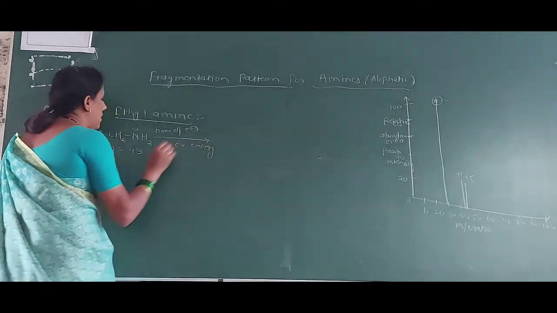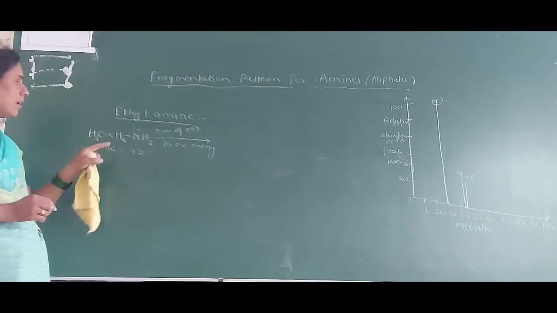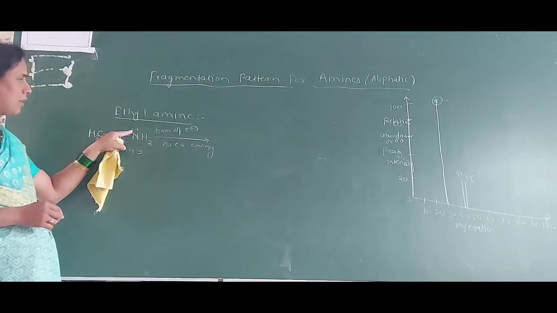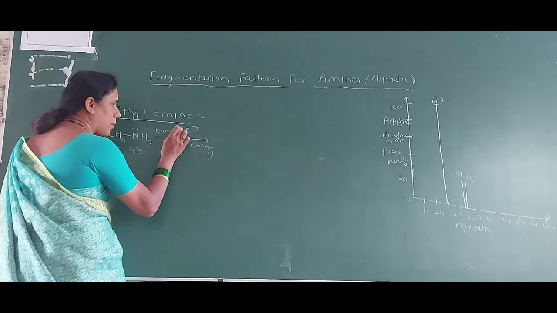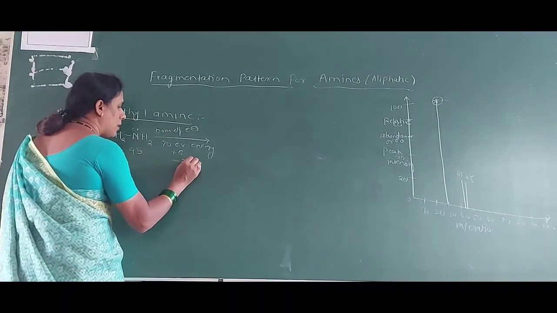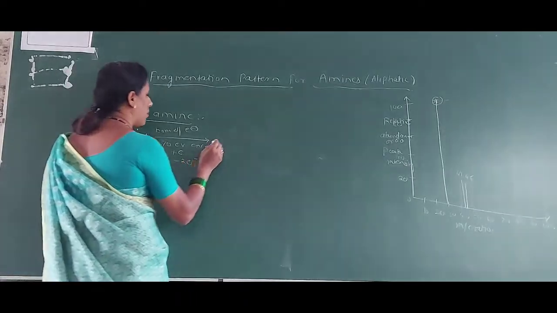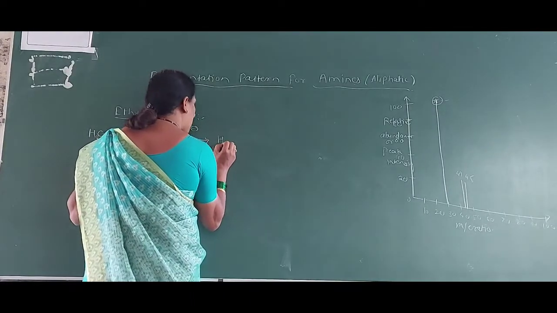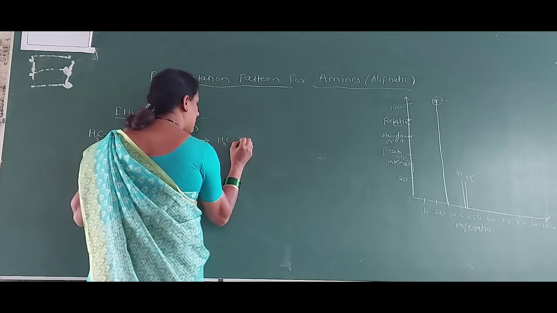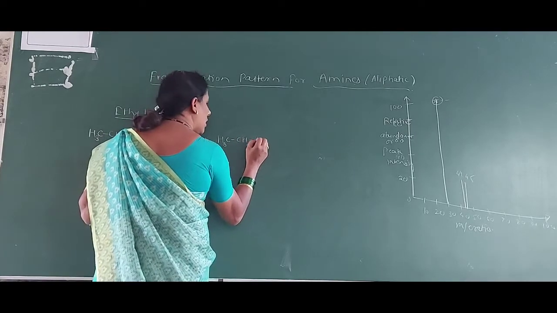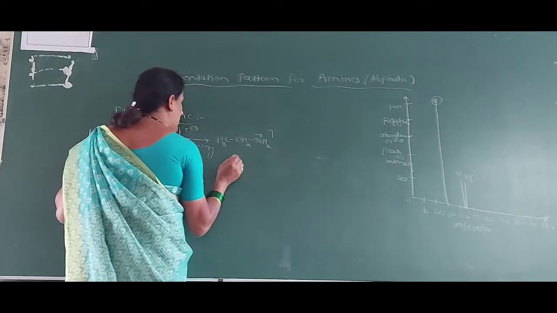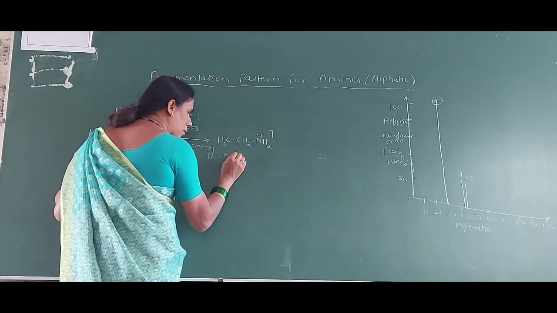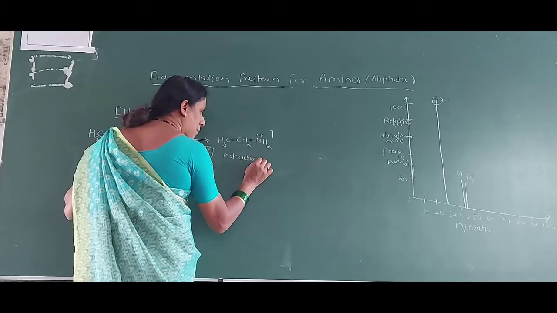What happens here? One electron from the electron pair is ejected out by the bombardment of electrons, and two electrons may be formed. Therefore there is formation of a molecular ion like this, CH3, CH2, NH2, and here one positive charge. Now here the molecular ion peak